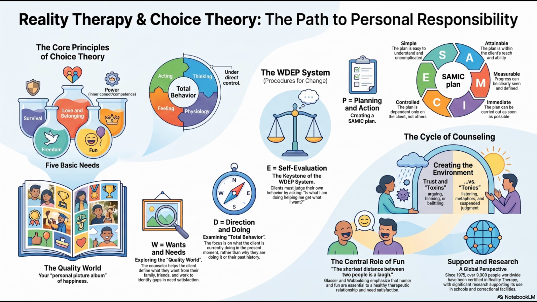I had the exact same reaction when I first analyzed this part of the theory. It sounds incredibly insensitive at first glance. It really does. But choice theory absolutely does not claim that a person sits down and actively decides, "I think I'll experience a panic attack today." Okay, so how does it work then? To explain the mechanism, the text borrows this brilliant analogy from control systems theory. It's the thermostat. The thermostat in your house. Exactly. Think about how it operates. You can't walk up to a thermostat and directly, instantly change the ambient temperature of the room just by wishing it to be warmer.